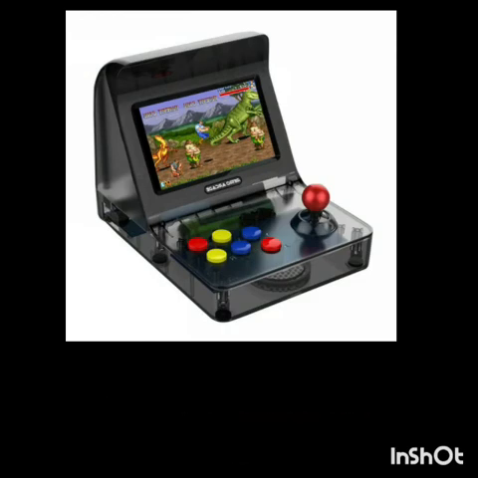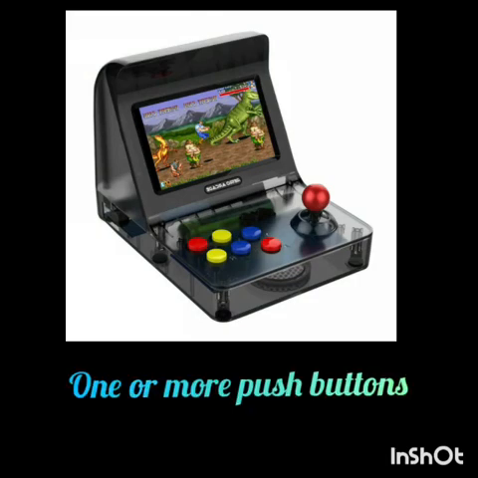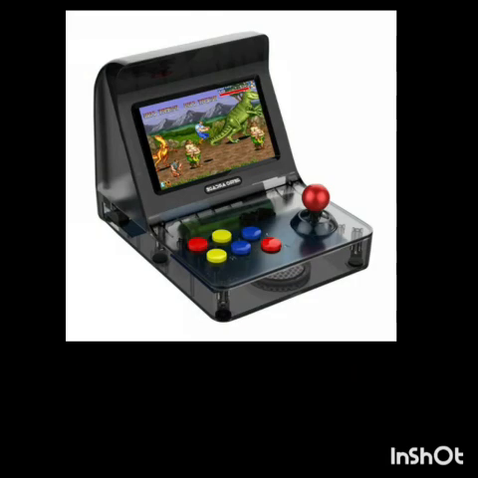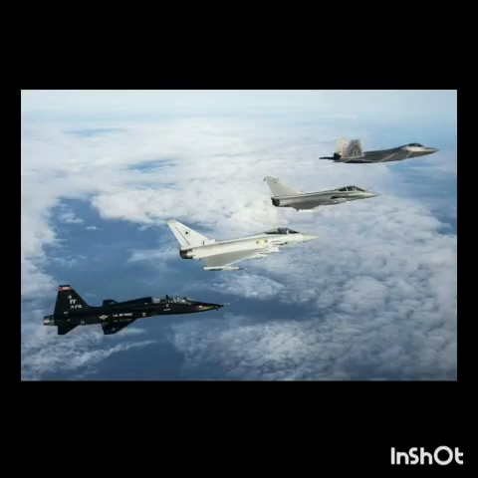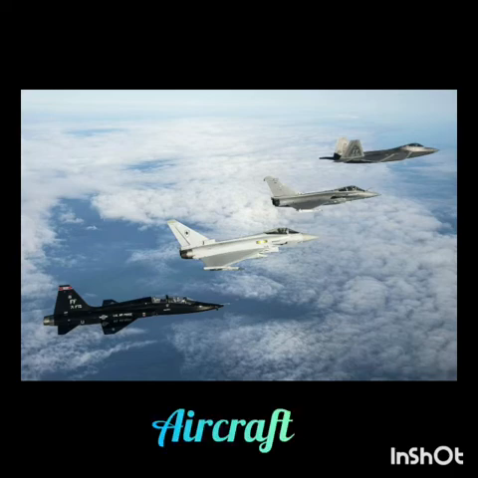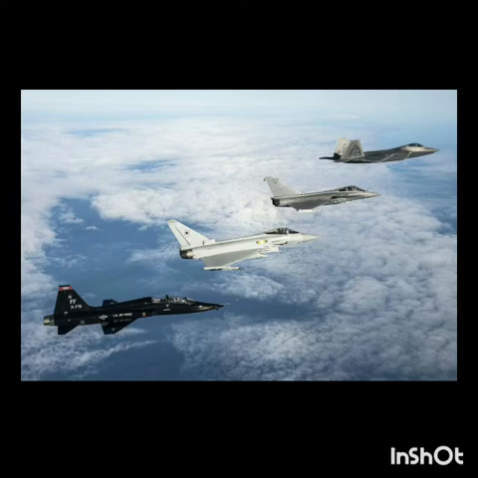They usually have one or more push buttons. Joysticks are used on modern video game consoles. The joystick has been the flight control in many aircraft, particularly military fast jets.